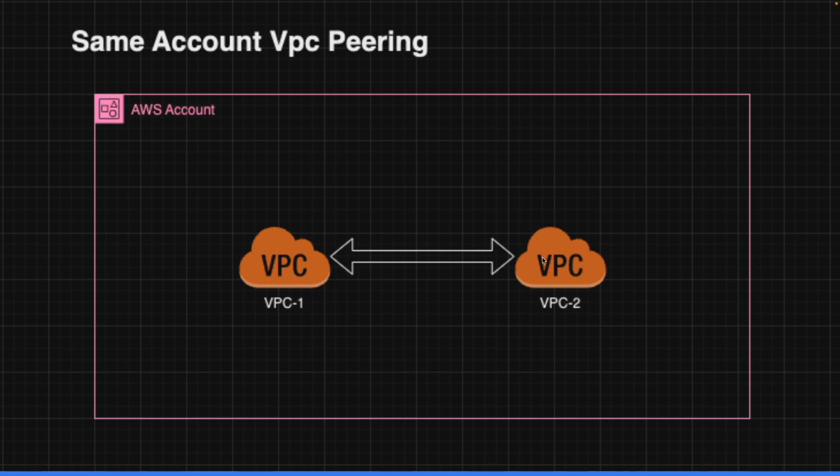And once it has accepted the connection, then they both will exchange the routes. So this VPC will update the route table with the details of this VPC, and similarly, this will also update its route table with the details of this VPC. This is the complete process, and let's say if we have to do that in the same account, then it